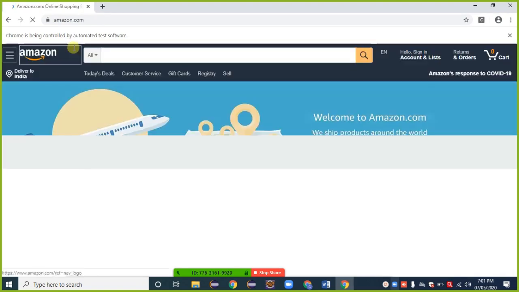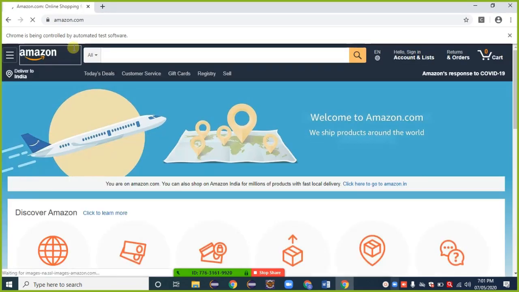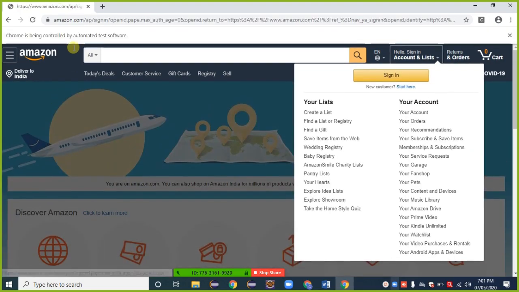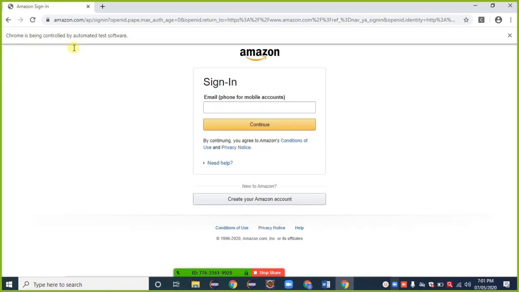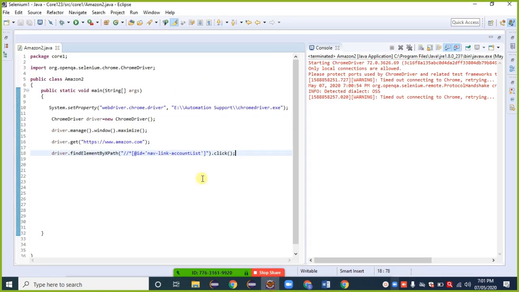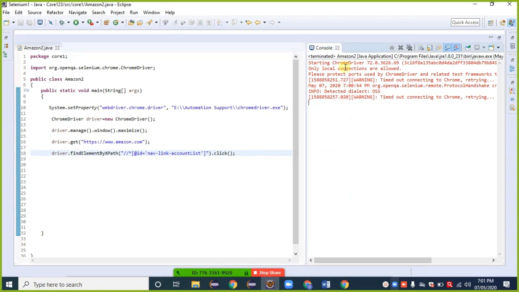Maximizing window. Opening Amazon URL. Then it needs to click on that button. Observe here. Yes, so whatever steps we provided, that is working well. Hence we come here to the sign in page. If anything is wrong, here we get an error.